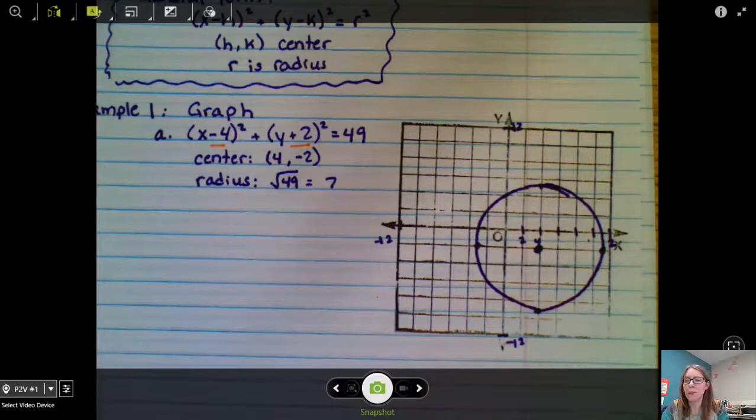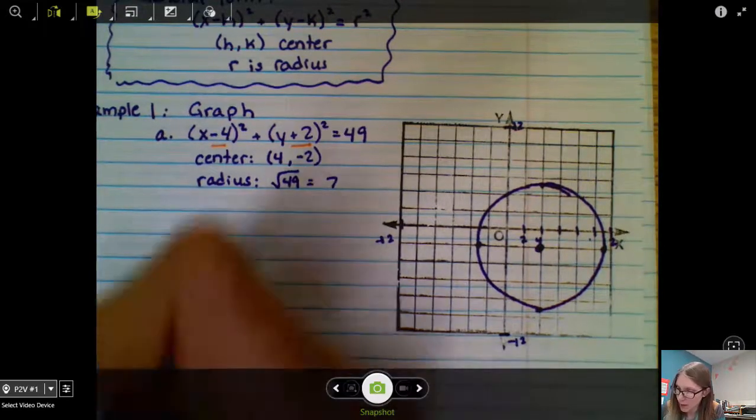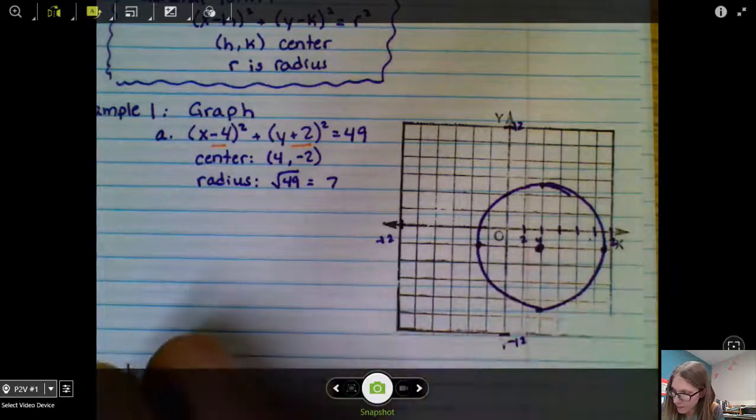Okay, I'm going to do the B example here too in the same video. So if you got this one down, you're okay. You can skip to example 2. If you want to see another example of a graph, stay tuned. Okay, so my B example